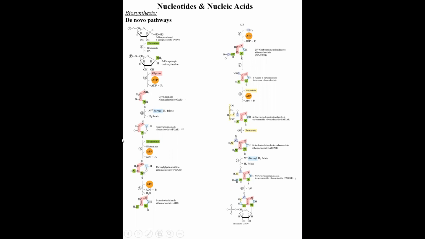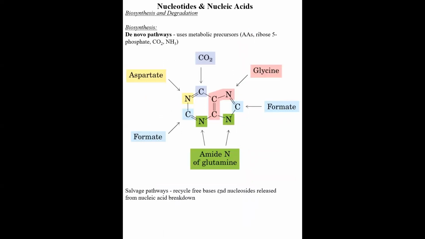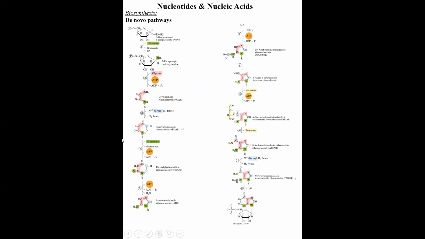So COH. You can see it donates COH. Okay. Now this is the formyl group which is donated by this. So this compound is known as formyl glycinamide ribonucleotide. Formyl glycinamide ribonucleotide. Now we can see again, go back. Next atom is donated by glutamine. So now you can add directly glutamine.